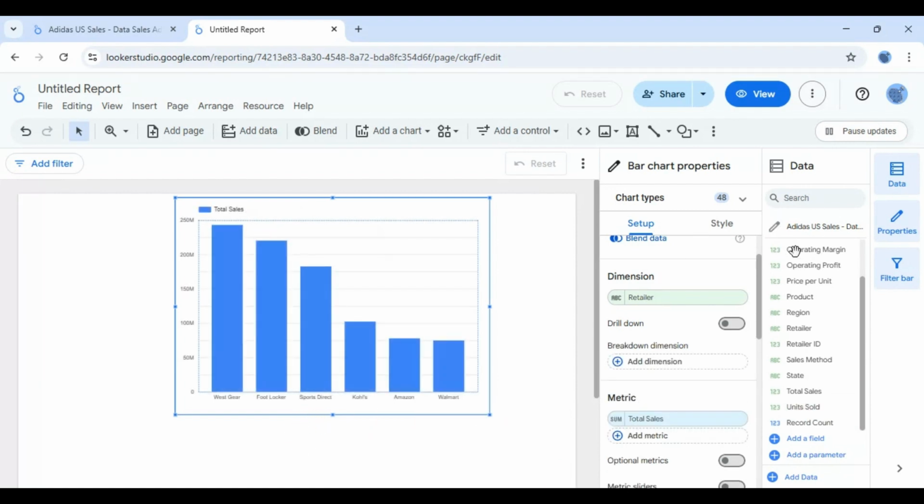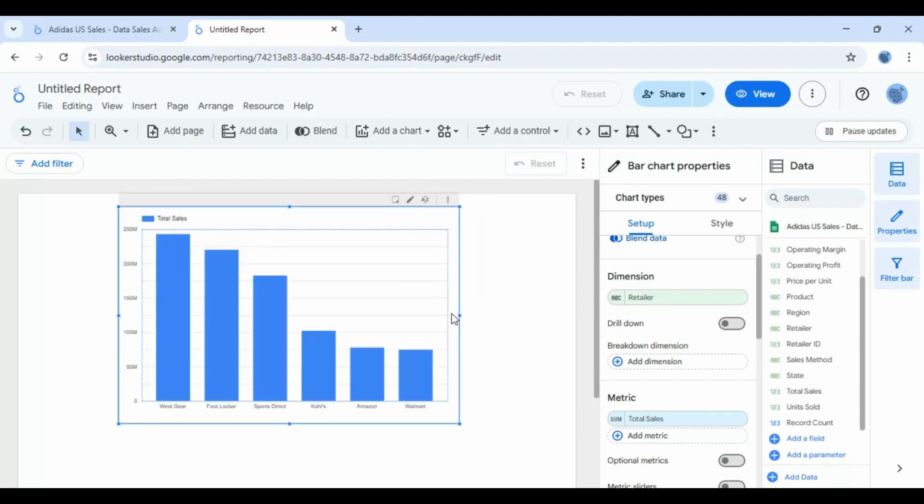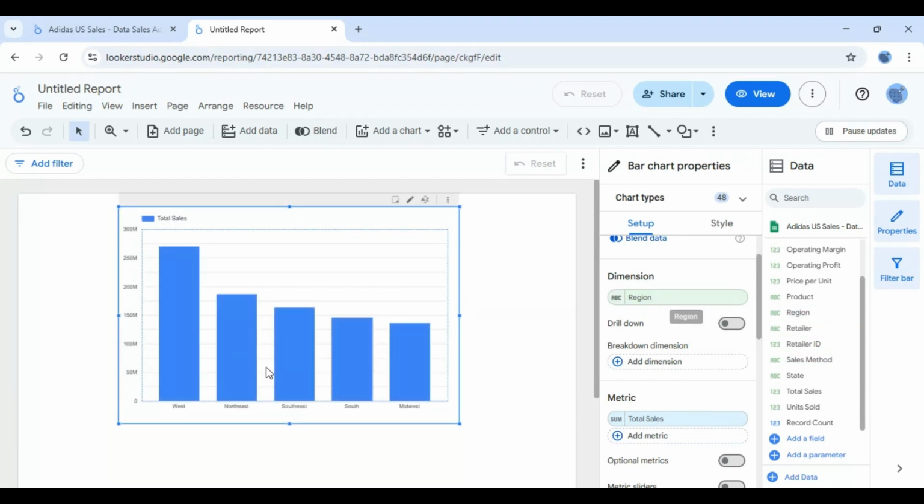Okay. So currently, here it is showing the data region wise. Sorry, it's retailer total sales. I want to go for the region wise sales, so it's west, northeast. Yeah, it's region wise sales. I want to break down these reports somewhat. Currently we can see almost 270 million in sales available